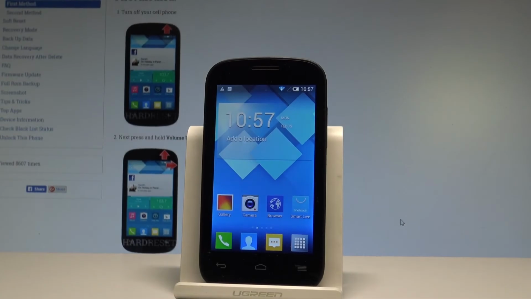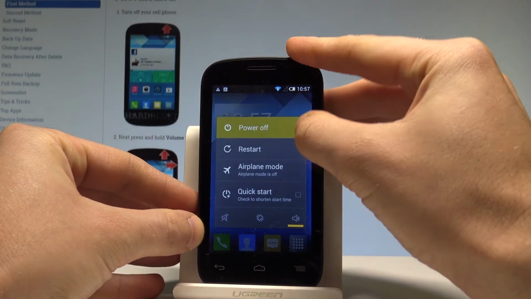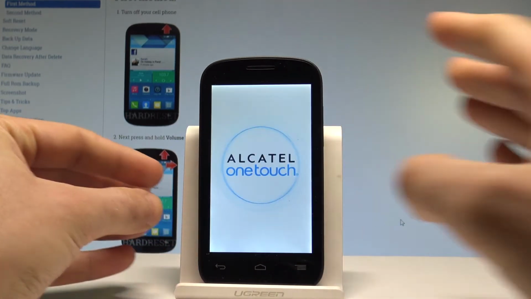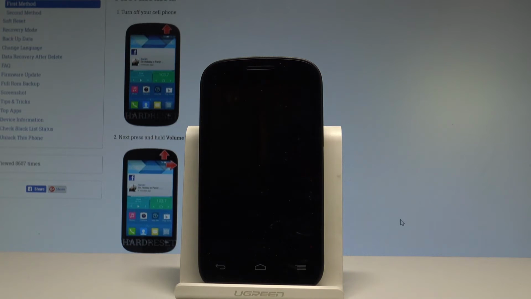Here I have ALCATEL Pop C2 and let me show you how to enter the recovery mode on the following device. So at the very beginning, let's start by pressing the power key right here. Let's choose power off and tap OK to confirm it. Wait until your device is completely switched off, and afterwards let's use the following combination of keys: the power